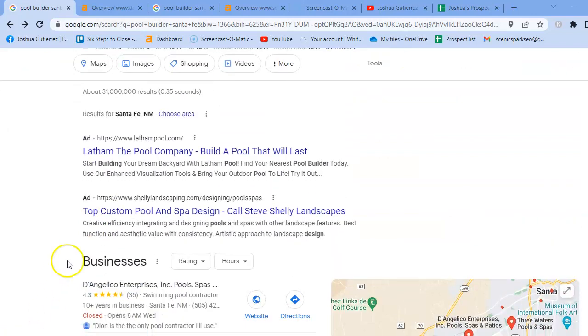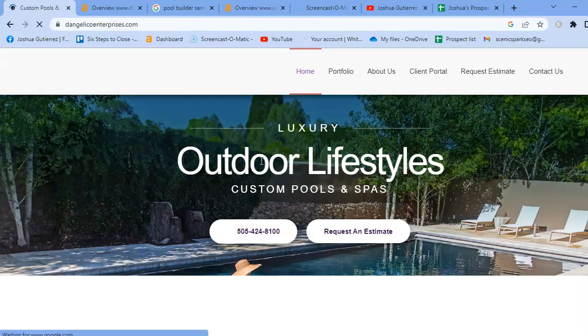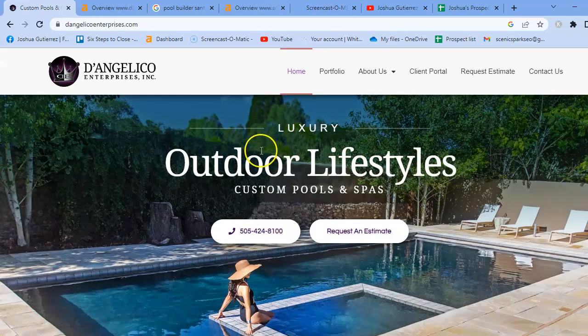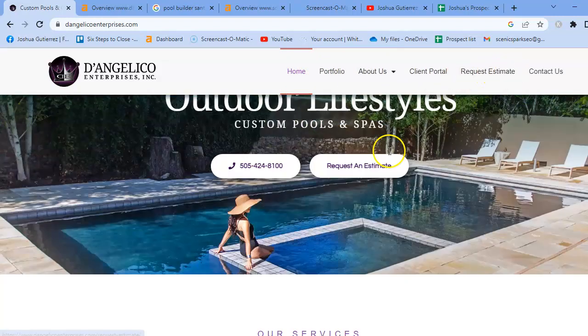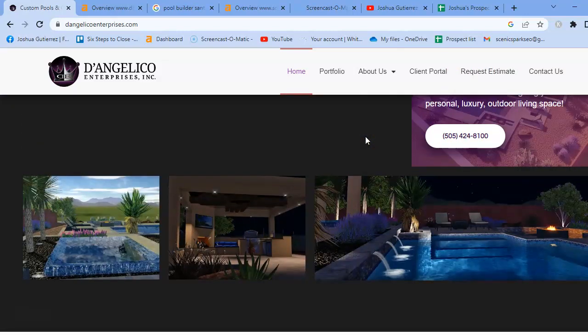So let's just go right ahead and pull up your website. Give me 1 second. Here we go. Okay, so I love what you did with your website. You have your header tabs here: profile, about us, client portal. It all looks wonderful. But what Google mostly looks for is content.